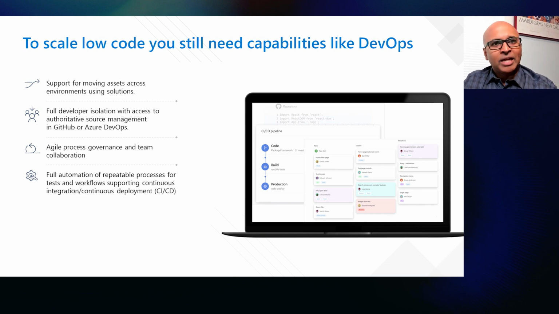And to that effect, we've been working diligently with such enterprises and incorporating some of those capabilities directly into our Power Platform environment. So now we actually offer full-blown support where developers can integrate directly with GitHub or Azure DevOps and implement agile processes and governance models on top of low-code applications.